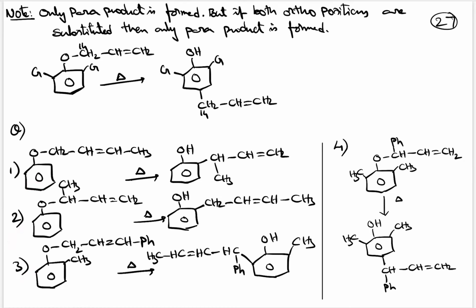See here, this is the carbon which will be joined here in the first example, and in the second example this is the carbon which will be bonded, and in the third example you see on the right side the ortho position is blocked but the left side is free. So this carbon is the one which will go and link to the left side ortho position. And then in the fourth example you see both the ortho positions are blocked, therefore this group will migrate as it is, and this carbon which is attached to oxygen will come and attach to the para position of benzene and form this product.